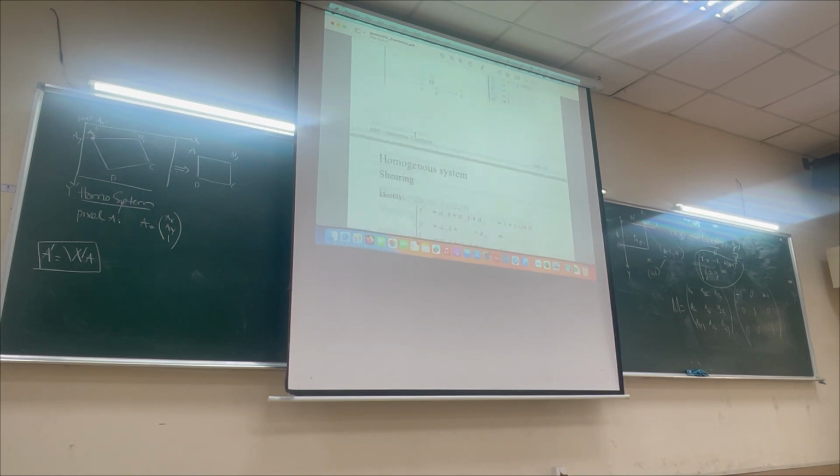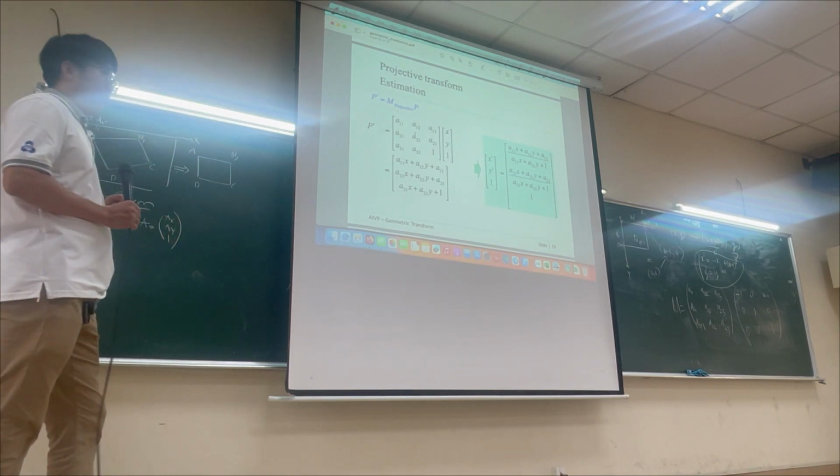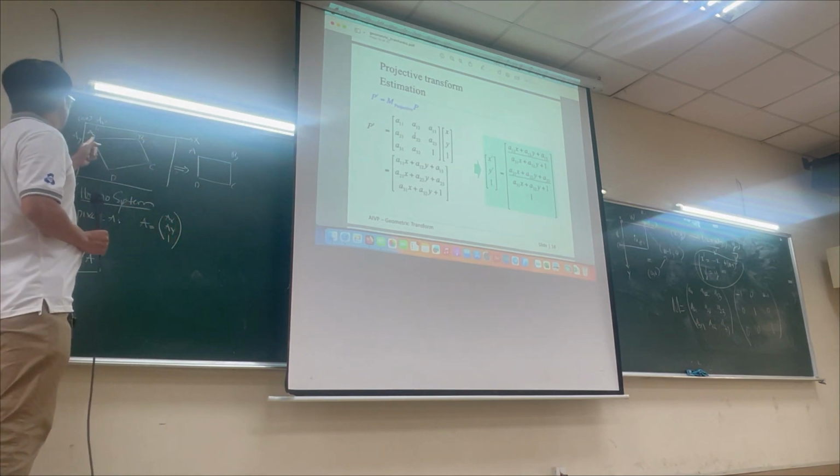Similar for shearing, okay, whatever I skip, right? I skip, is it okay? I skip it for the exercise. Now I go to perspective estimation. How to find a matrix? Whatever, if I give you A